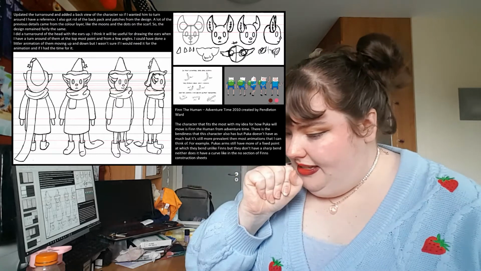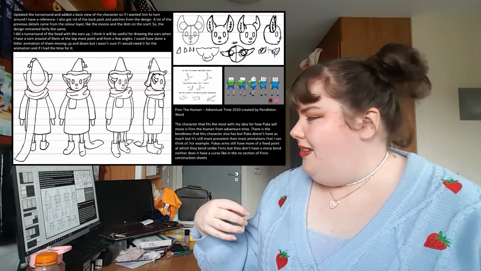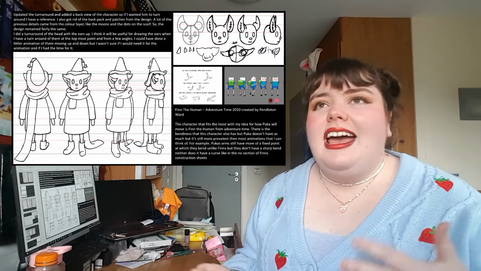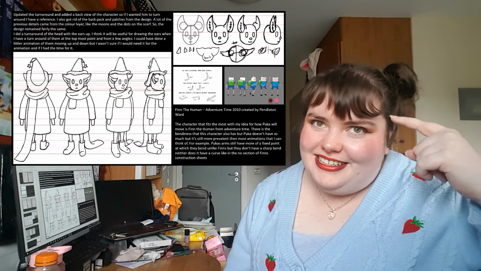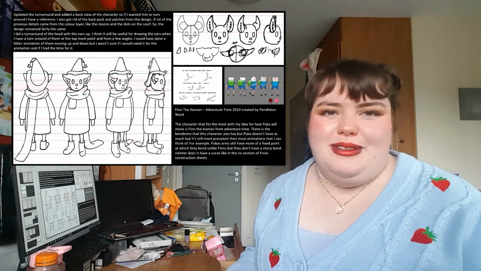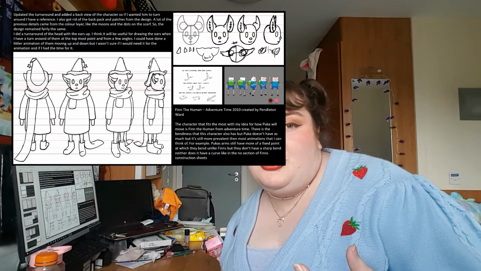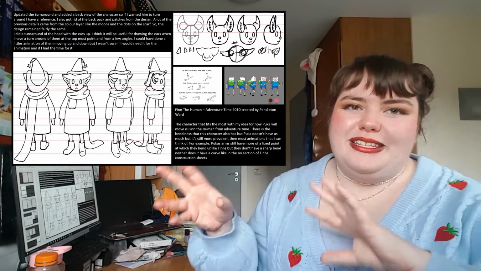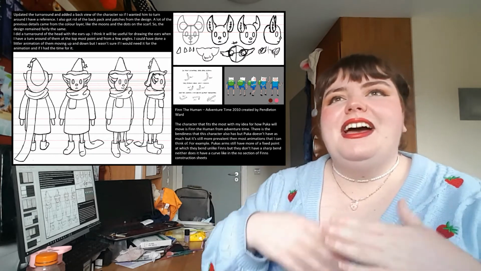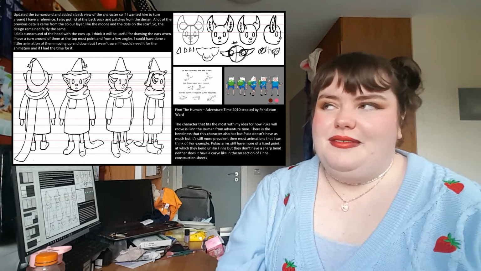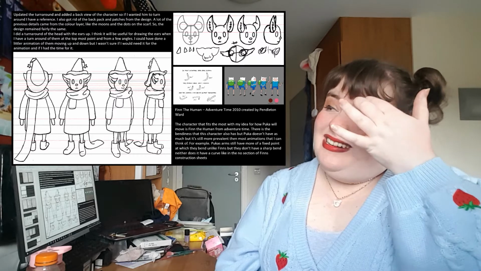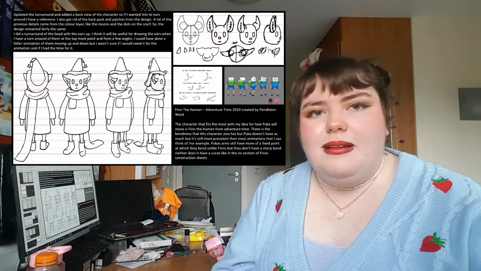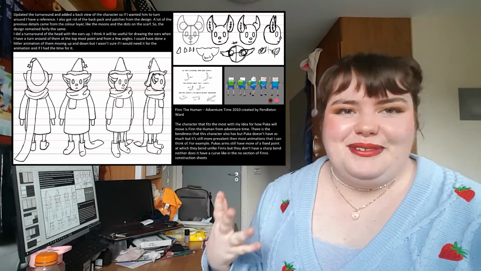I also added in the character of Finn because I think he's the character most like Puka. Thinking back on it now, I'm like, oh wait, there's this character that I could have done, or I could have been a bit looser with not having to have a character that was super accurate to Puka. I think I could have just done whatever, but unfortunately I didn't think that at the time. I got a bit in my head about it. But anyway, that's a character reference that I have.